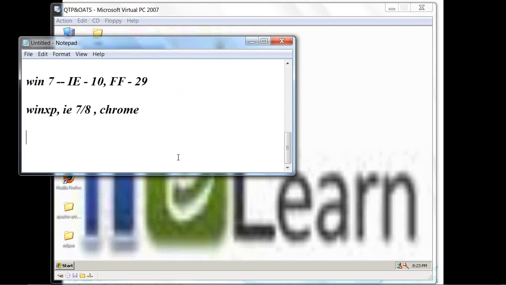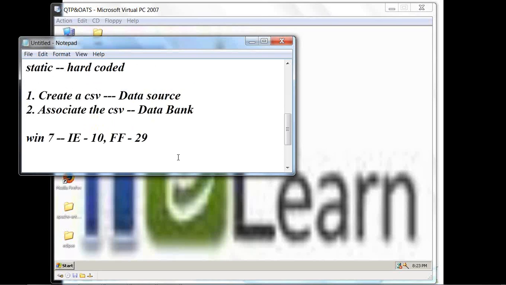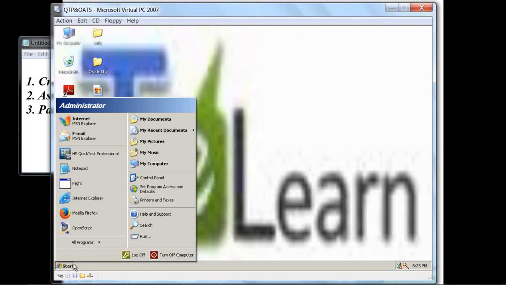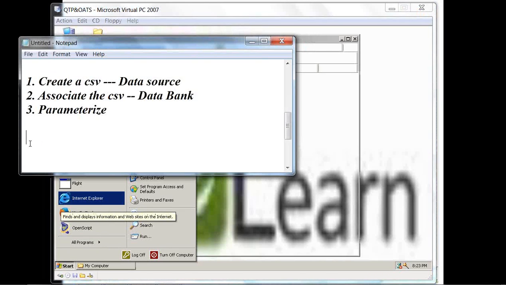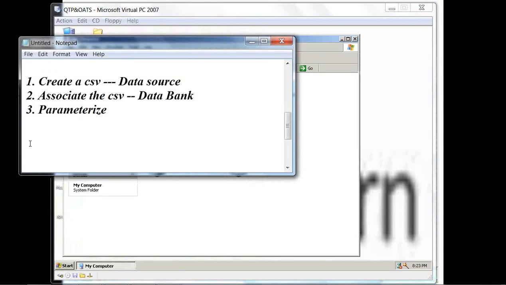Now we have seen how to create a CSV file and how to associate the CSV file to the data bank. Now the third step is to parameterize, that is, replace the static data with dynamic data. For that, I'm switching to my virtual PC and starting the OpenScript application. It will take a certain amount of time. Meanwhile, let us go ahead and understand the next important component of